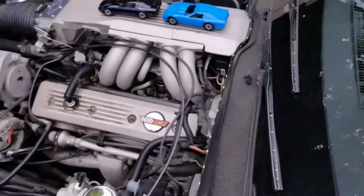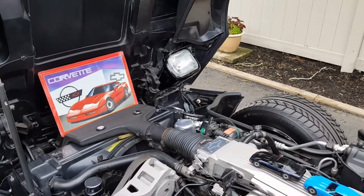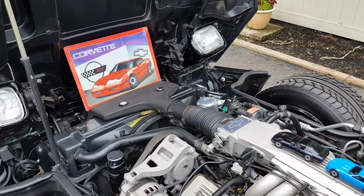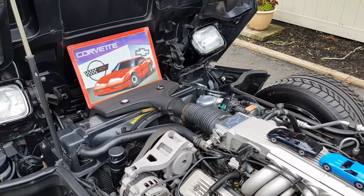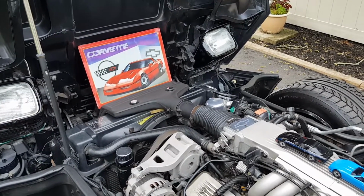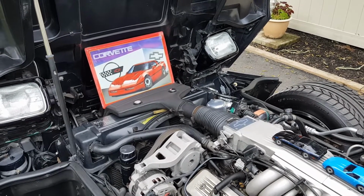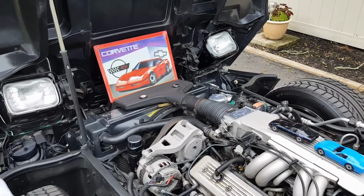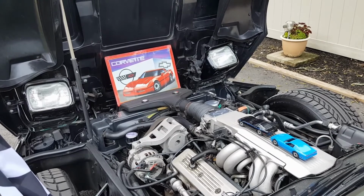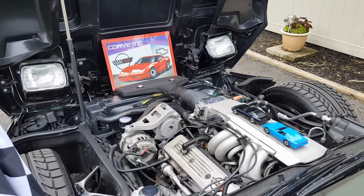But lots of fun. So again, if you're looking to get into a Corvette, these are the best. These are the most inexpensive Corvettes to get into. The parts are very easy to get to. They're not that expensive to fix. And I recommend that if you are going to possibly look into buying one, try to get one with the lowest mileage, the most expensive, the most money you can afford, and try going to Corvette shows,